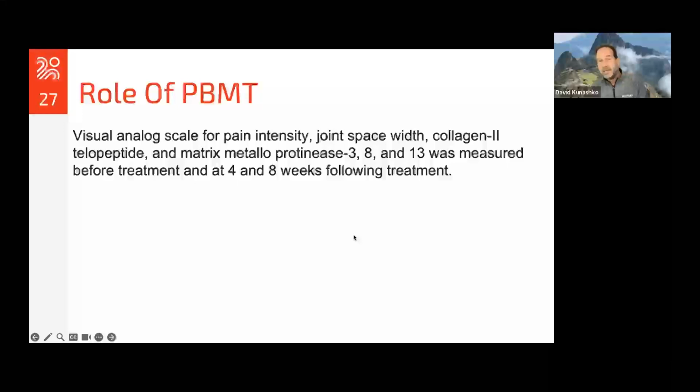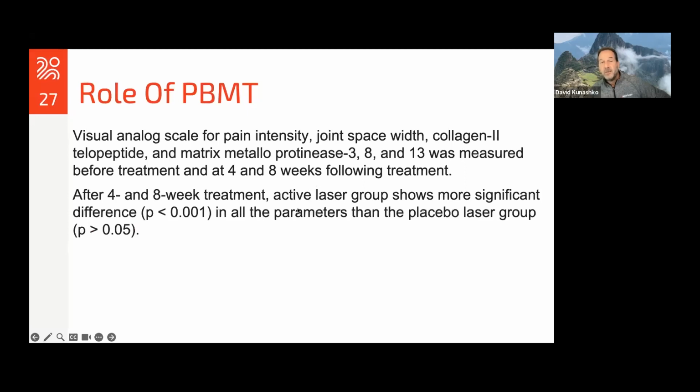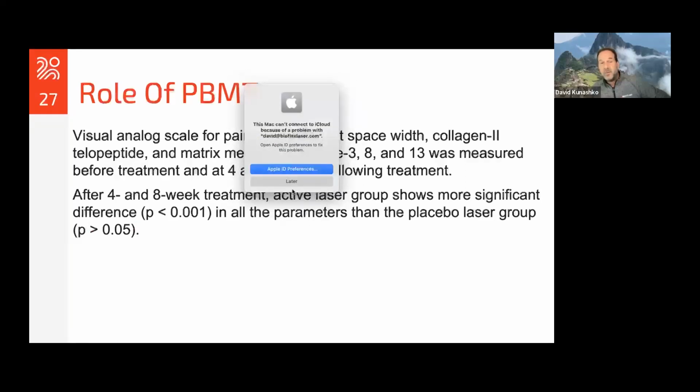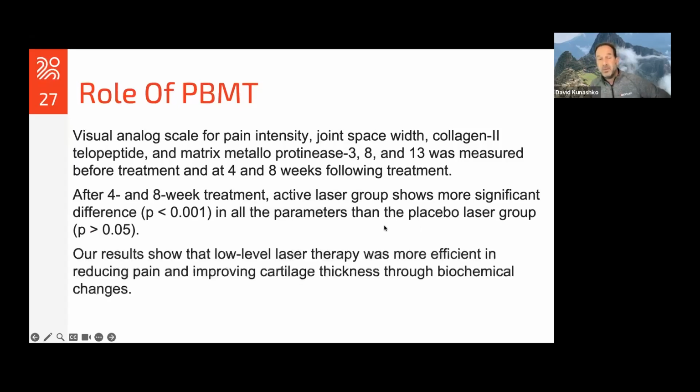So they looked at VAS, they looked at the matrix metalloproteinase production, and then they also looked at the collagen itself and the cartilage itself before treatment, 4 weeks after, and 8 weeks after the treatment. And what they found was after 4 and 8 weeks, that the active laser group, the ones that had real laser therapy, showed more significant difference in all the parameters than the placebo laser group. So therefore, they concluded that low-level laser therapy was more efficient in reducing pain and improving cartilage thickness through biochemical